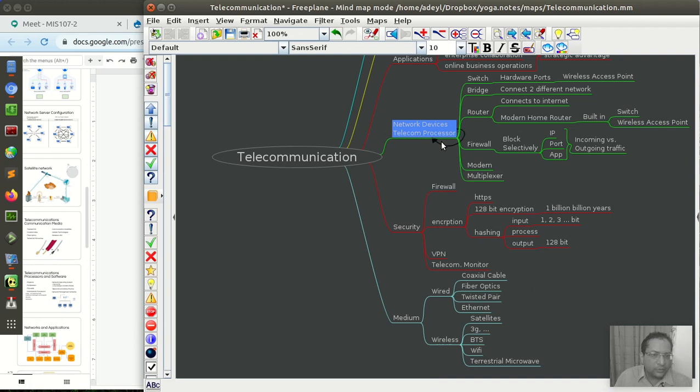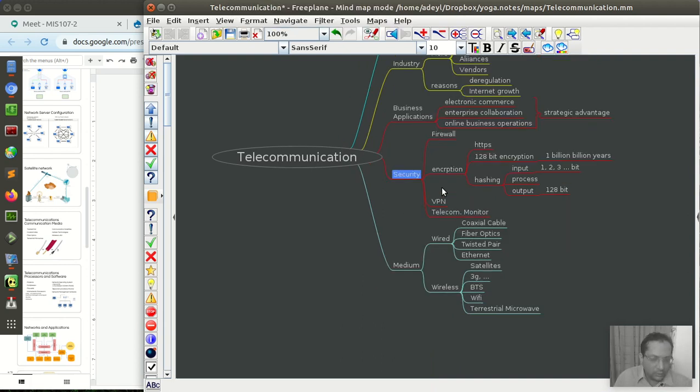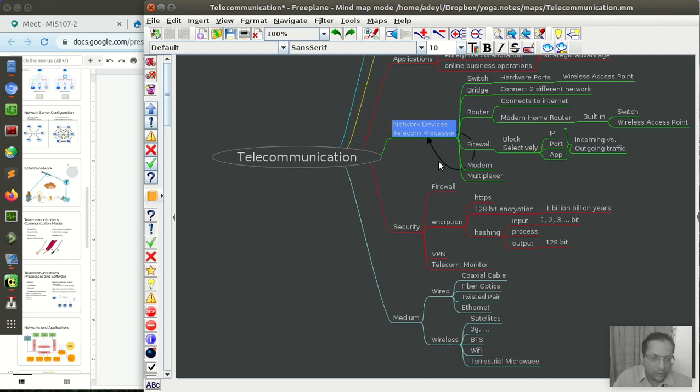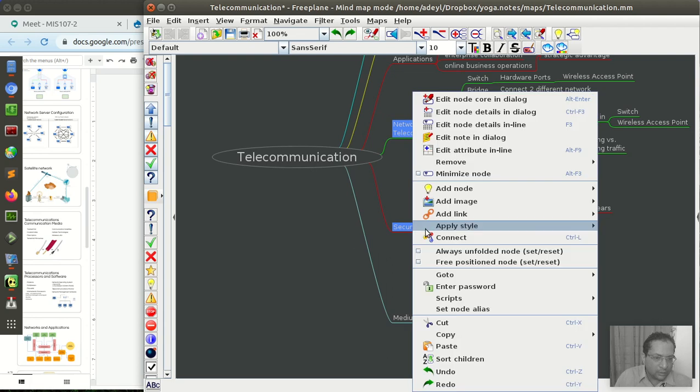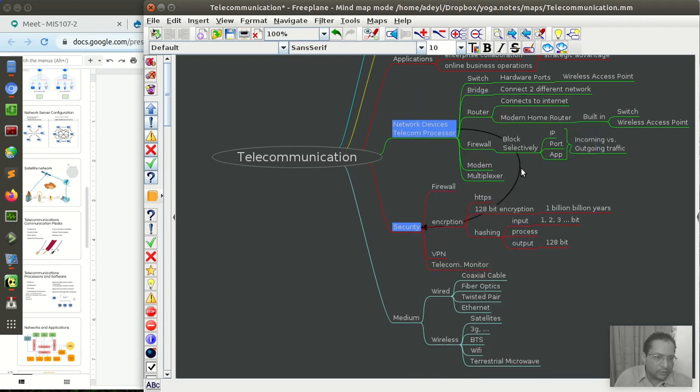These two we have to connect. But over here, encryption is not a device, but firewall is a device. VPN is a device. Telecommunication monitors are devices.